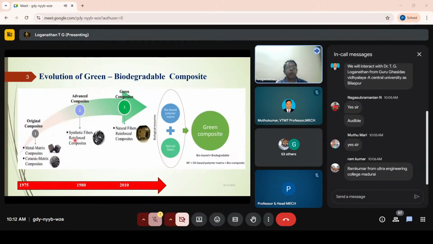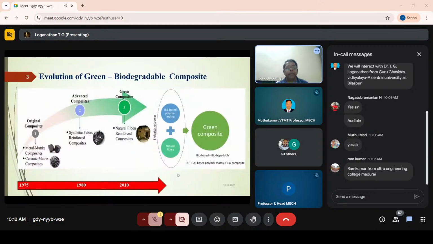Later, they came into synthetic fibers with the polymer matrix. So that is the second category. And now at present, people are working on natural fiber reinforced composites. This is also not new, as we are seeing, it is nearly 15 years old. But the scenario now is going to be totally on bio-based biodegradable composites. This is the order of the day, where people want everything to be safe to the